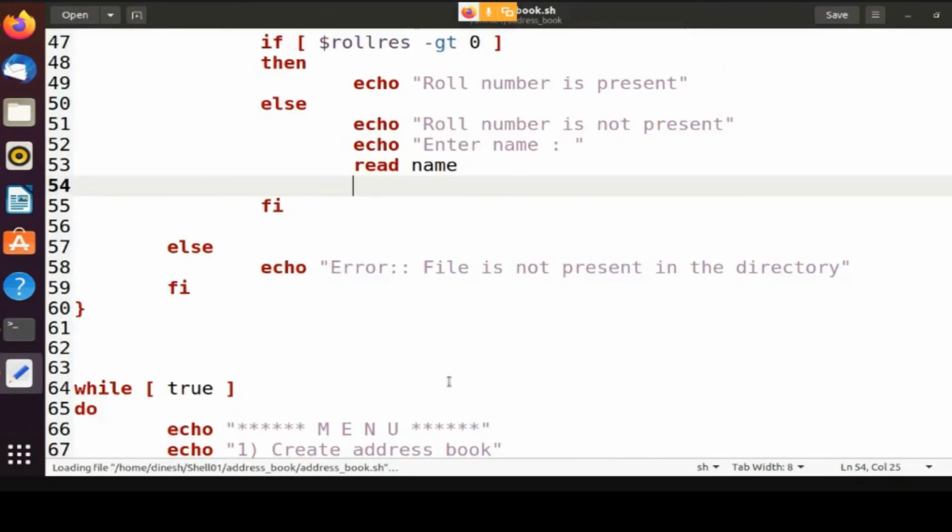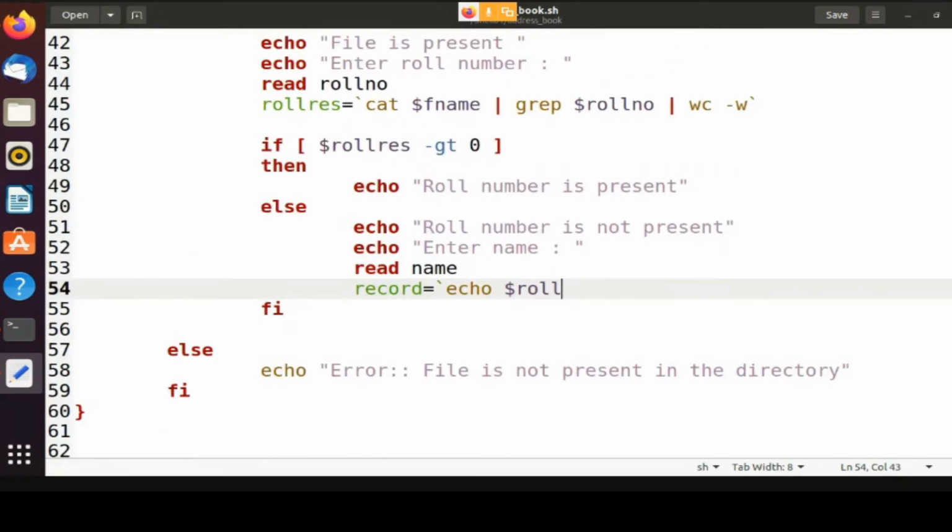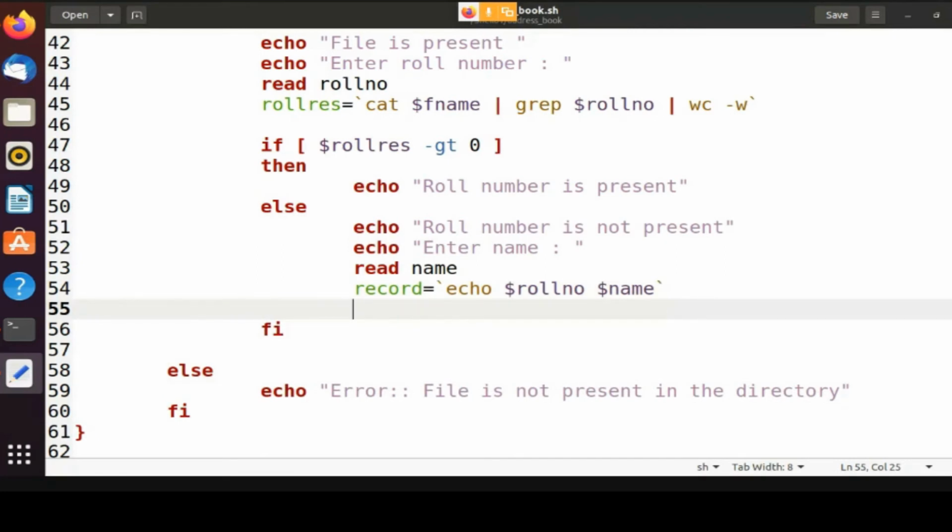So we'll use the same logic. Let's say record is equal to echo dollar roll, the roll number, and dollar name. Now I will create a record, and then echo dollar record into the file name.